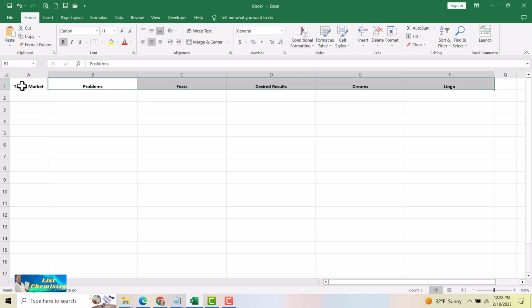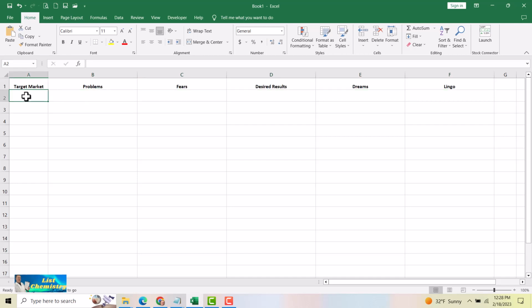So I want to run through one of these quick, just with some of the ideas I came up with. And I'm just going to keep it on the general overall target of basically an entrepreneur. Okay, so we got entrepreneur, make sure I spell it right. So if you think about an entrepreneur, this could be in any niche, people that are starting a business. So there's all different things that could be filling in here for problems.